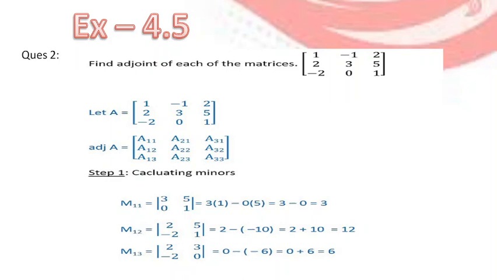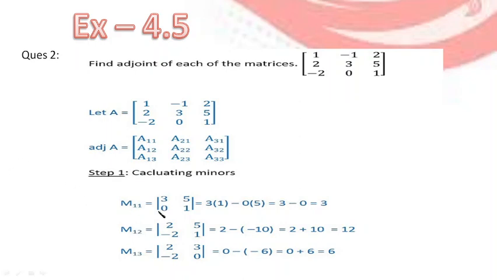Now for finding the cofactors, first of all we have to find the minors, and after that, what is the change between cofactors and minors? There is a difference of sign, whether we have to take plus or we have to take minus, that we have to decide. So first of all, it's calculating minors. M11, everybody is well aware of how we calculate minor. By any chance if you missed that video, then please go back to my YouTube channel and see that video one more time so that you understand these questions properly and easily.